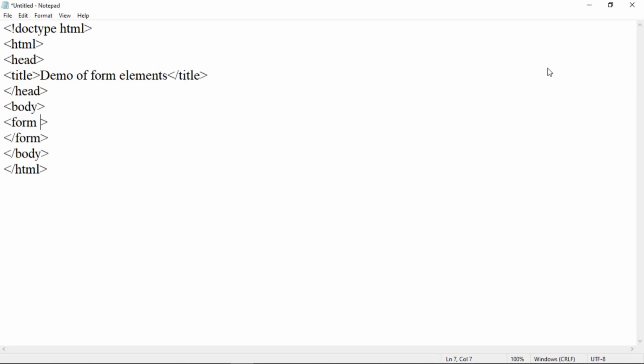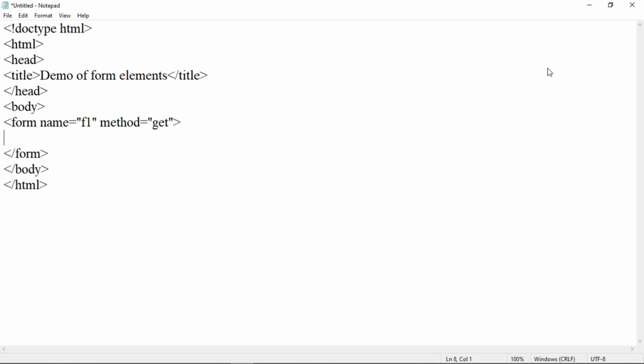Within this we can include the attributes of form tag like name. Suppose let us add the name for this form as f1. We can include method also, suppose method is equal to get. If you do not specify the method as get, it will be the get method by default.